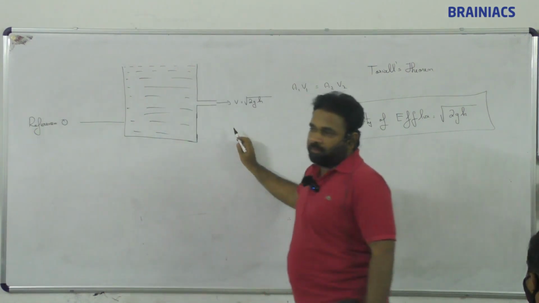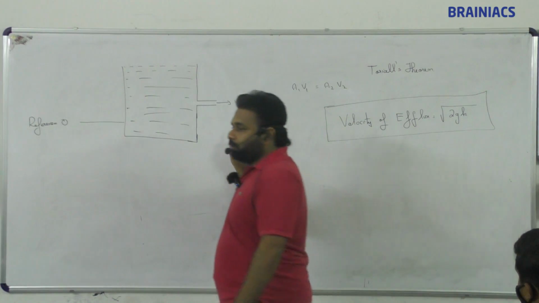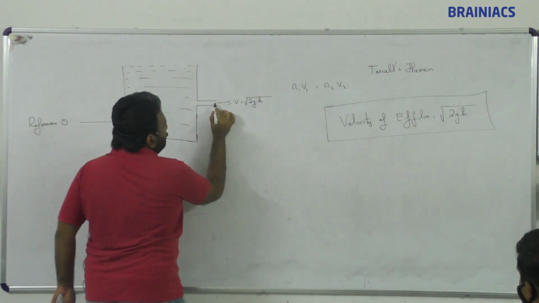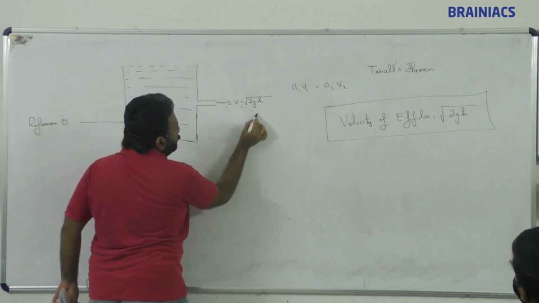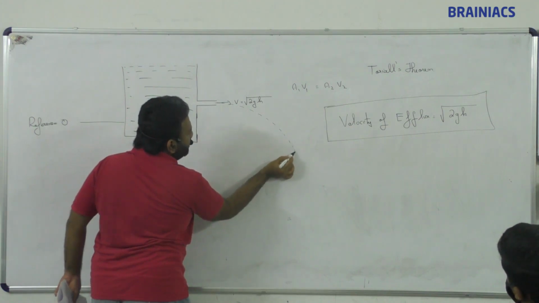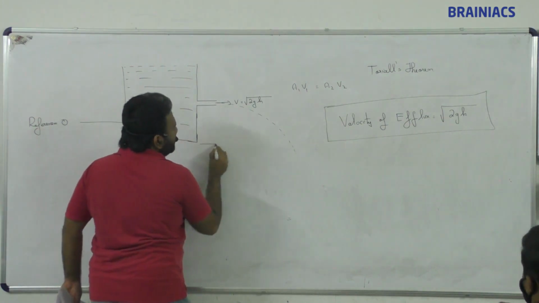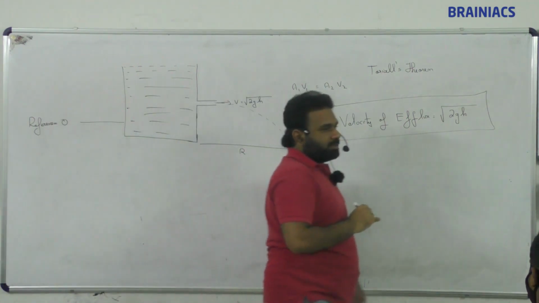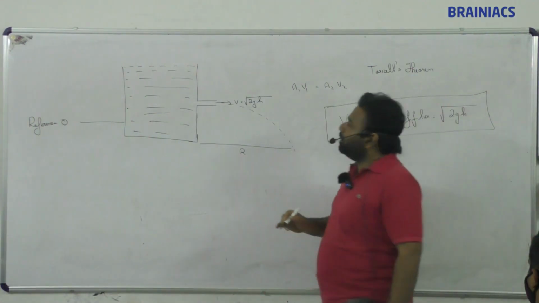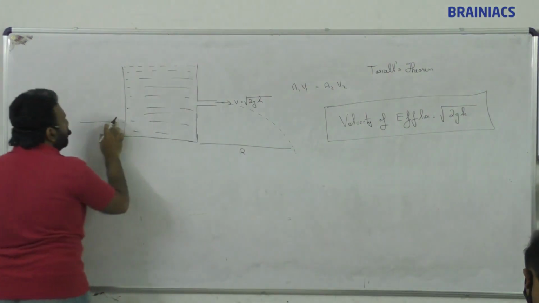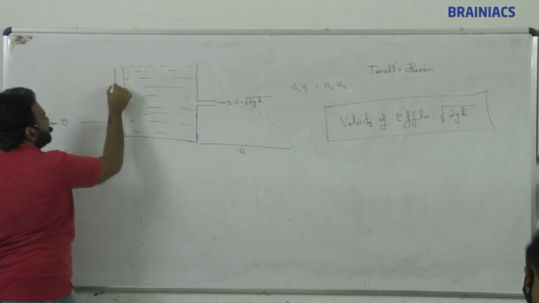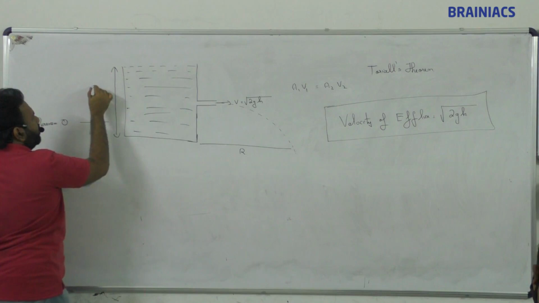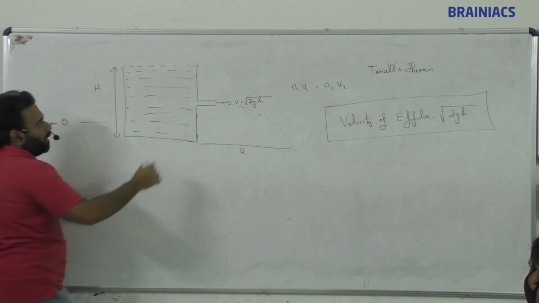Correct or what? Water is coming out with velocity root 2gh. Suppose if this is range, this is range, okay, and suppose if this full height is capital H,